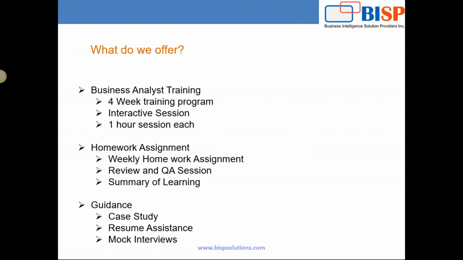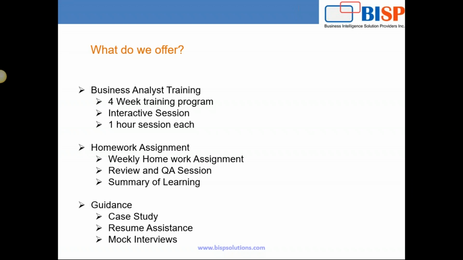We are going to cover two live projects. From the starting, I will become a customer for you and give you the requirements. So how to collect the requirements, how to create different documents like BRD, SRS, and requirement traceability matrix, how to create different diagrams like use case, activity diagram, sequence diagram, and fishbone diagram, and what different tools need to be used. First I will show all of you, and then you have to do it as an assignment for those two live projects. Once you complete and submit those assignments, we will have a QA session.